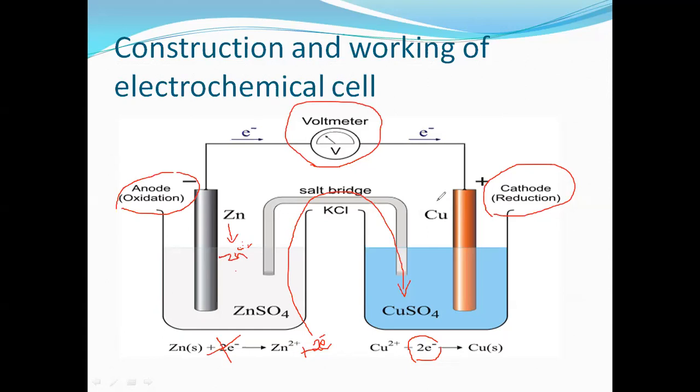During the process, the electron donor is the anode and the electron acceptor is the cathode. The zinc rod is the donor and the copper rod is the acceptor. Now those electrons, I'm repeating, the electrons transferred from anode to cathode, the free flow of electrons, is what we call electrical conductivity or electrolytic conductivity.